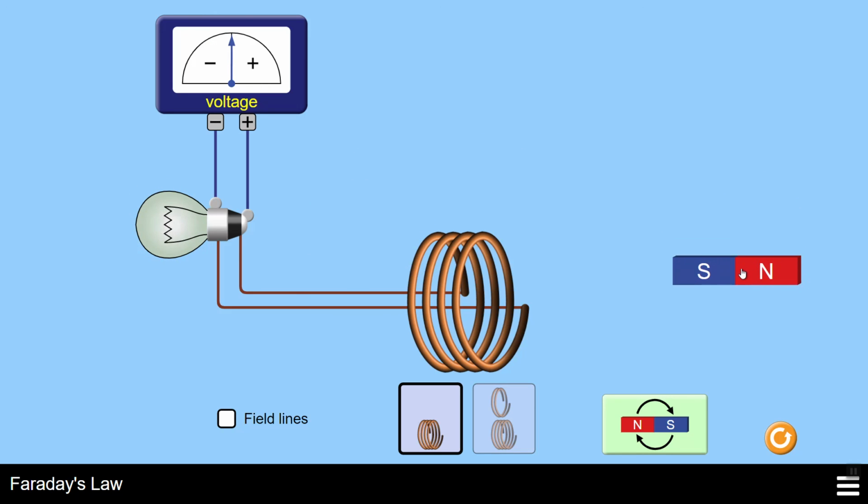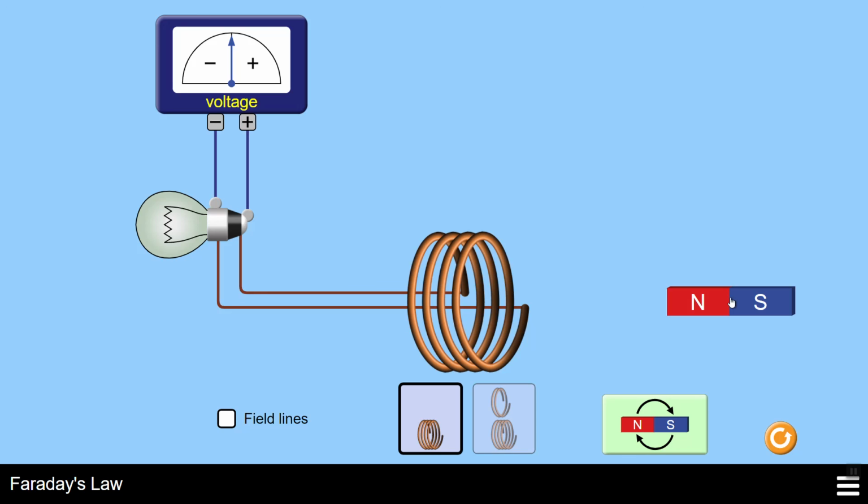But we can perform one more thing. We can flip the magnet so the north side is on the left. So watch carefully. When the north side enters first, the current goes into the negative phase, and when the south side enters the ring, it goes into the positive phase. So this is the experiment we have performed with these copper rings, this bulb and the voltage meter.